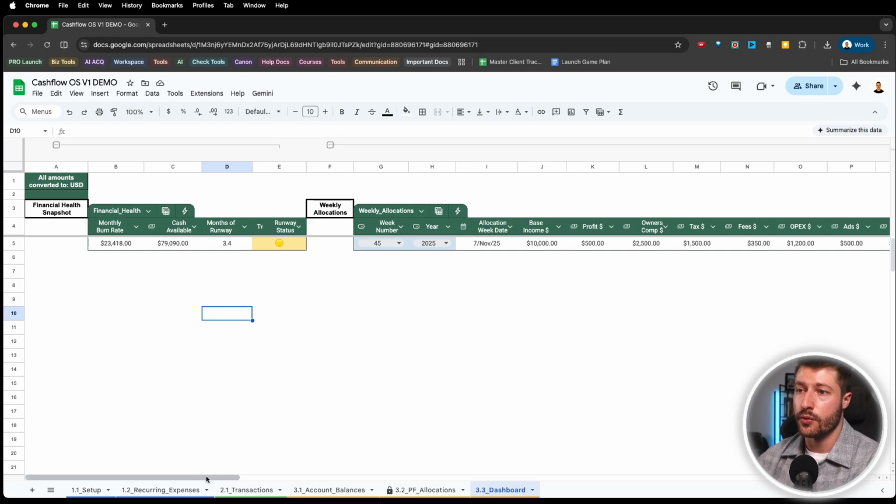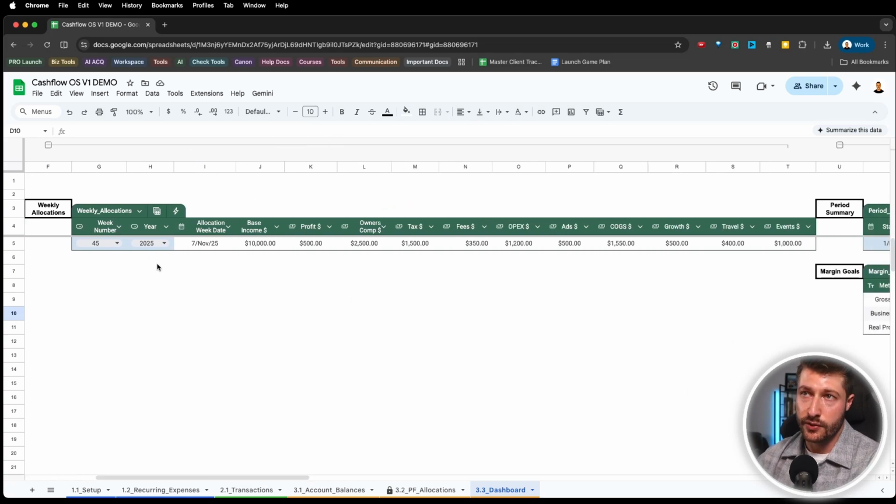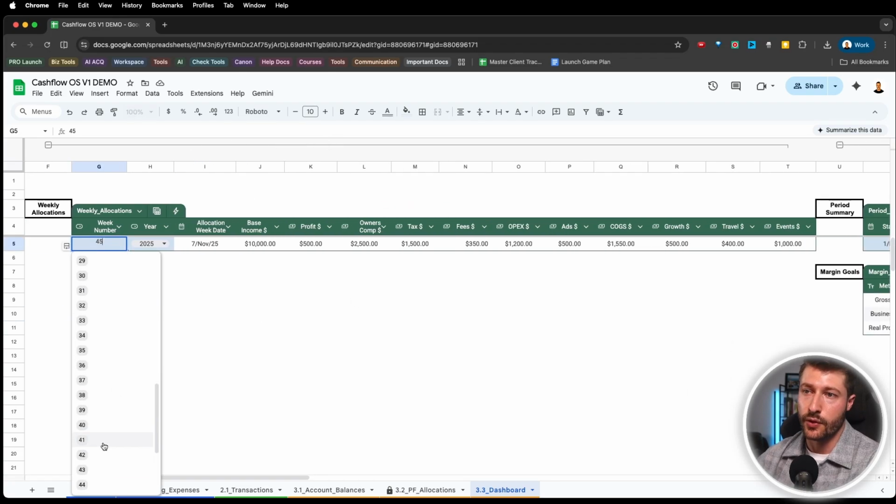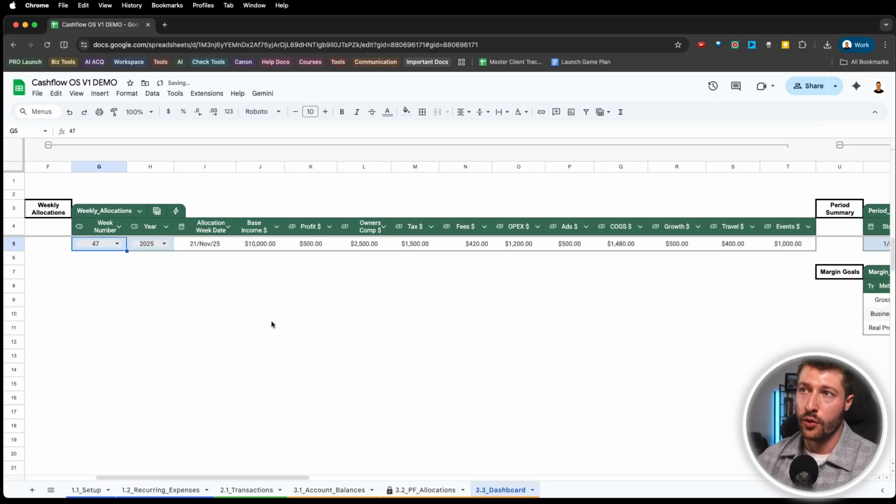Or, for example, knowing exactly how much to pay yourself for any specific week of the year. So you have all of your data populated. You can select, let's just say, week 48 of the year, or whatever week you're at. You can always change it and just look at that and know in just 1 second how much you can pay yourself while still covering all of the expenses of the business, or how much you can set aside for real profit in each of the areas of the business on a weekly basis, so you can keep scaling while paying yourself and having all expenses covered.